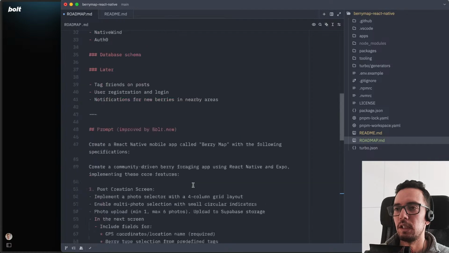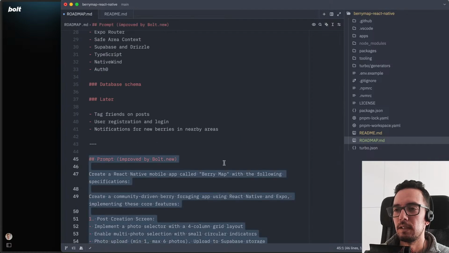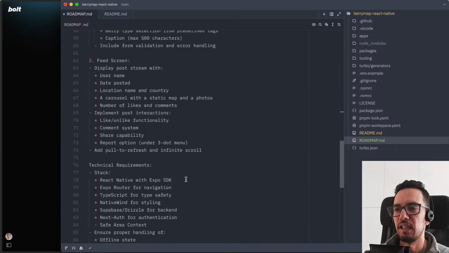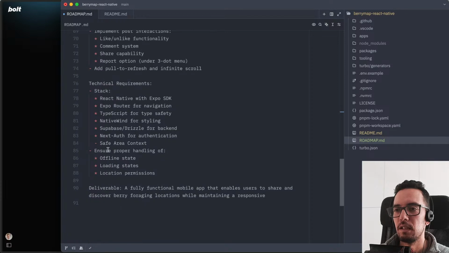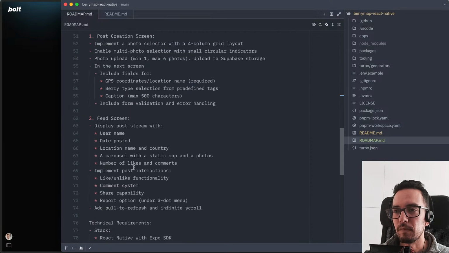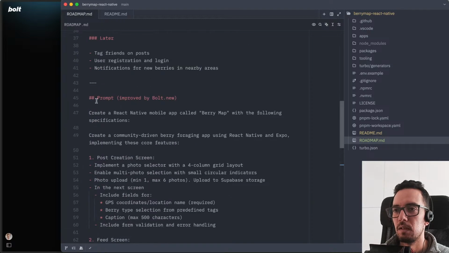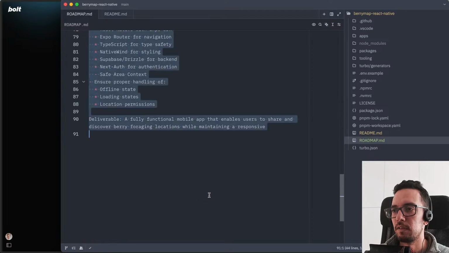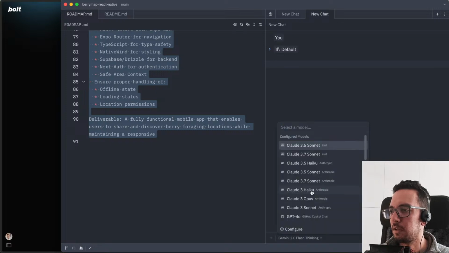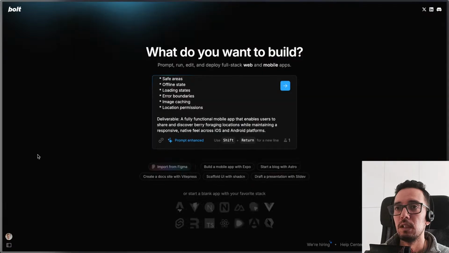So this is what it came up with, which is not bad. I don't think it added anything that new. Maybe the NextAuth I need to update here. The carousel, yeah, it's better to be that specific. Now let's give that to our friend Claude 3.7 thinking. Oh, which we don't have access to here, right? So let's go to